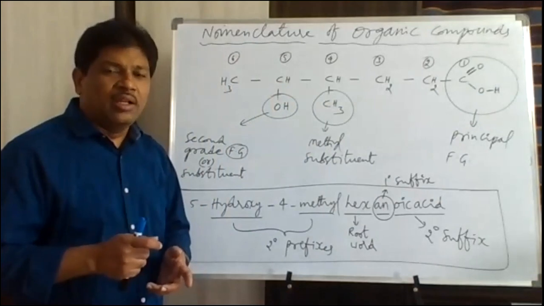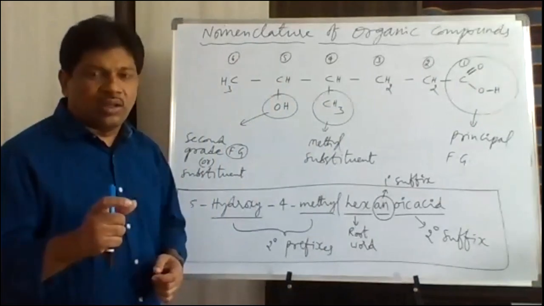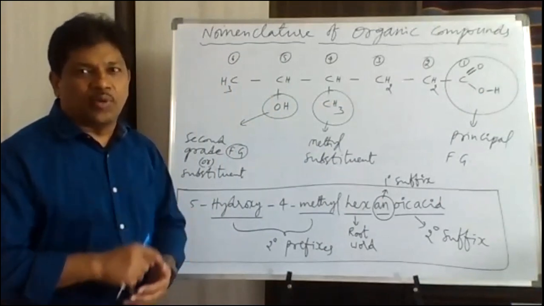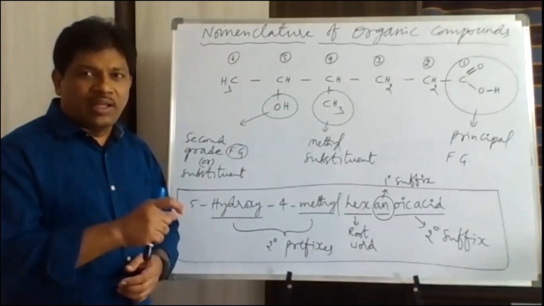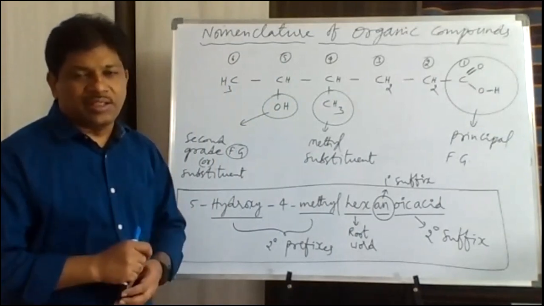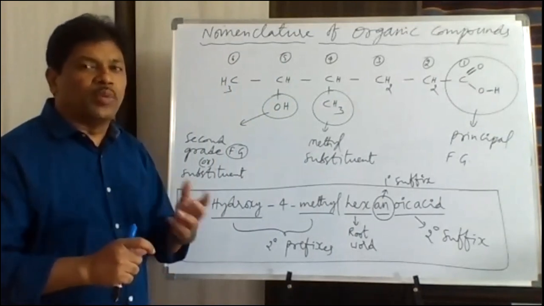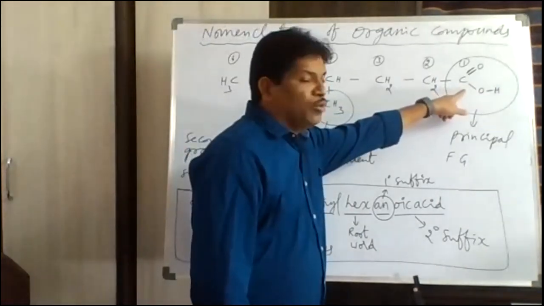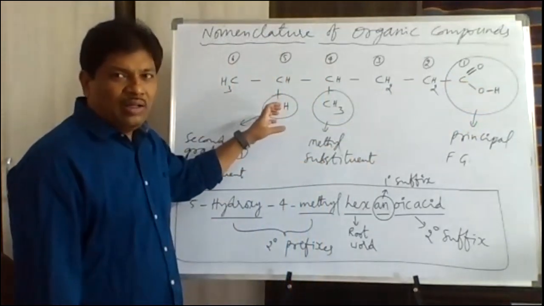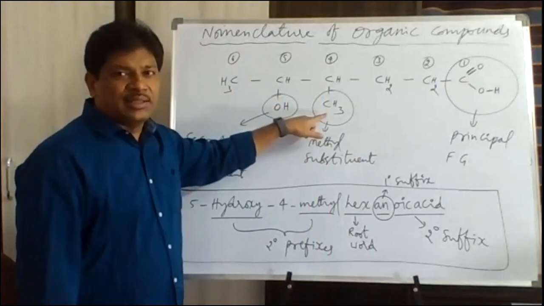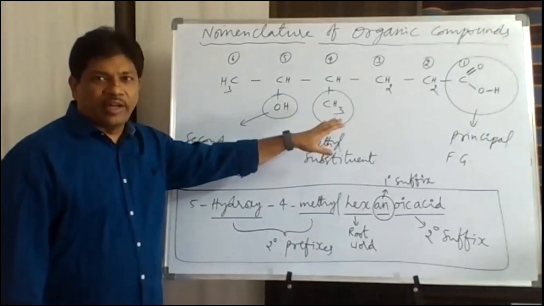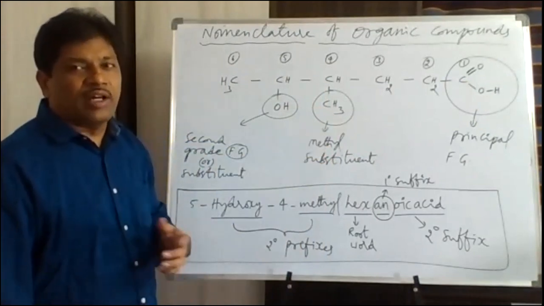I told you in the previous session, a functional group is an atom or a group of atoms which determines the chemical reactions, the chemical behavior or chemical properties of an organic compound; these depend on the functional group present in it. Here the COOH group is called the carboxylic acid functional group, and the OH is called the alcohol functional group, and CH3 is an alkyl substituent. It is simply a substituent. It is not a functional group. An alkyl group can never form a functional group.